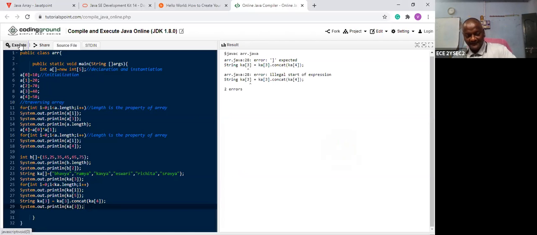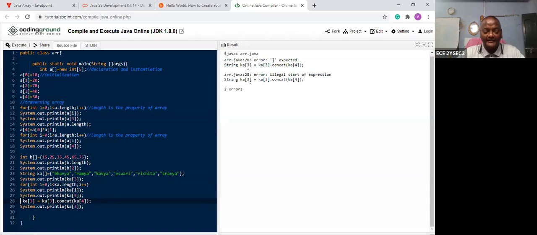Can I change it in a very simple way? Please remember, just 15 minutes back I said that you can apply the arithmetic operation between the elements of the array. So let me show you.